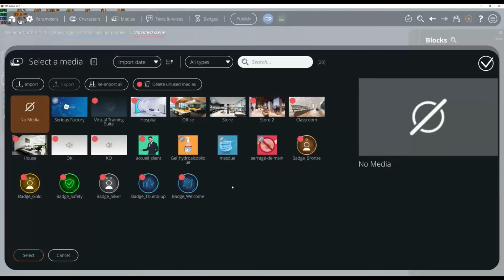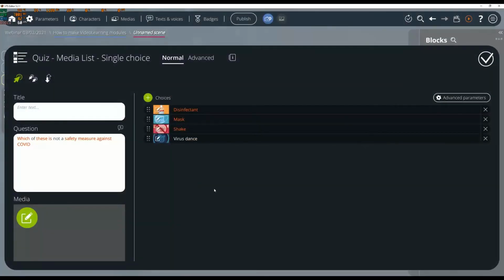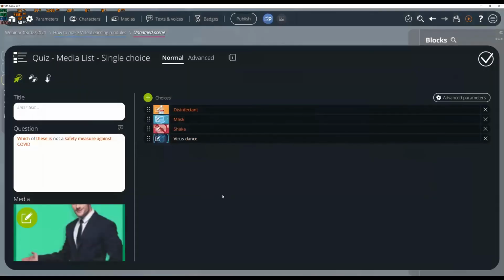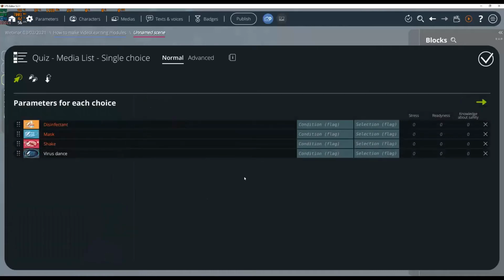Let's call it whatever it is, and maybe use a small picture. Yeah, this is going to look like the virus dance, you know. And maybe we can illustrate it using another media. So of course, let's use advanced parameter. This knowledge about safety is going to give you